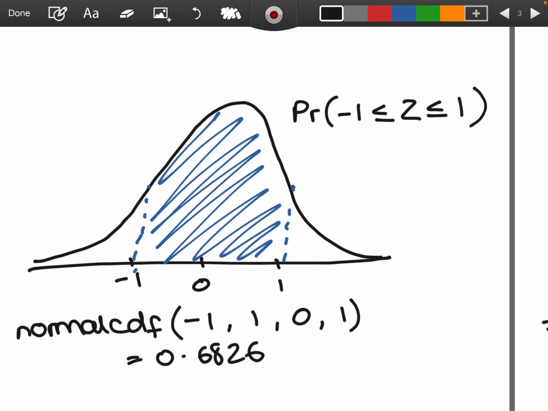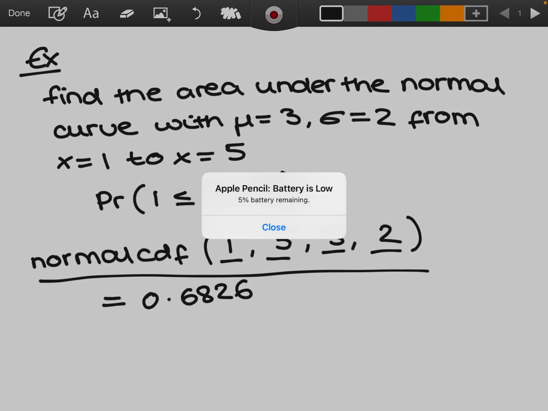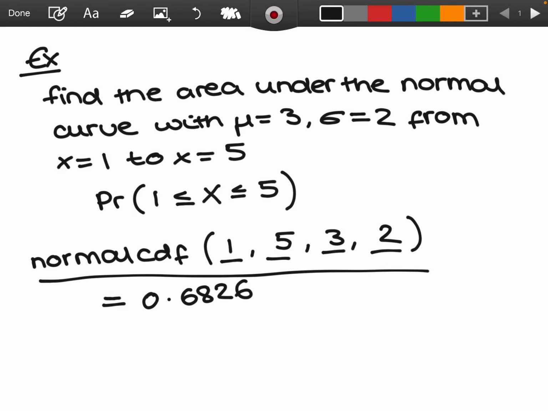You may be asked to use this formula a few times, but most of the time for most of these bigger problems like we had back here, you're just going to plug this into your calculator and it will do it all for you. Like we did before in our last video, if there is a problem where you don't know your lower or upper limit, just type in a very large negative value for a lower limit or a very large positive value for an upper limit. Okay, they will have to be large just to make sure that you are enough standard deviations away from the